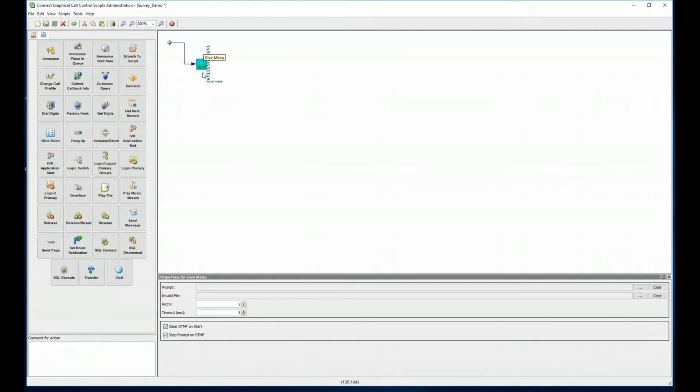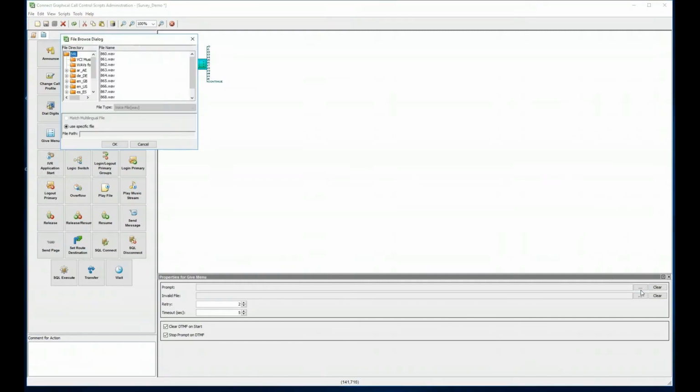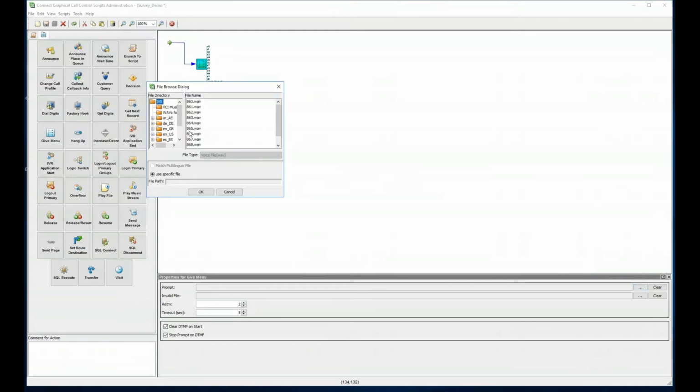Now the menu itself has a few options. Right down here at the bottom, I can see the contents of the menu. And what it's asking me for first is the prompt file. So what do I want this to play? What I can do is click on my little ellipsis button here. It'll bring up a browse dialog, and it's going to show me the contents of the IVR folder on my